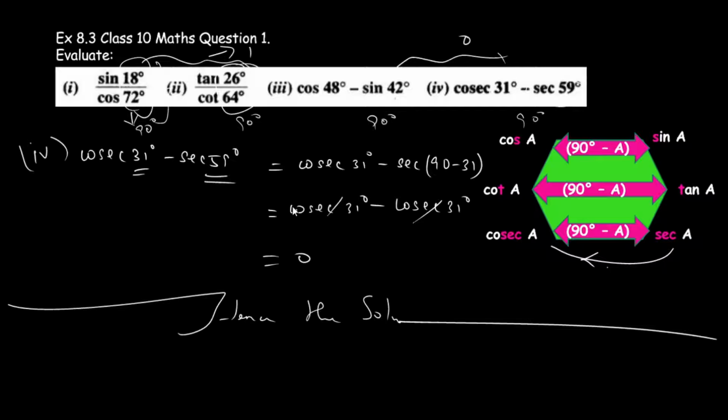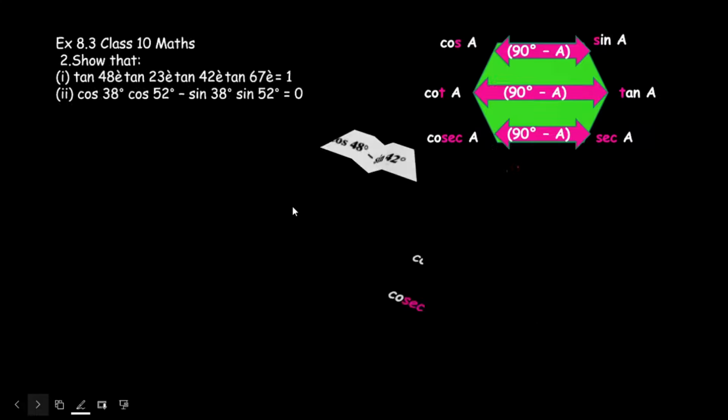These are complementary angles. Therefore if it is of division type, the answer will be 1, and if it is of difference type, the answer will be 0. In a fraction of a second you can solve this problem in the examination. You need not solve each and every step. See and answer the problem, and save time in the examination. Okay, let us move on to the next problem.